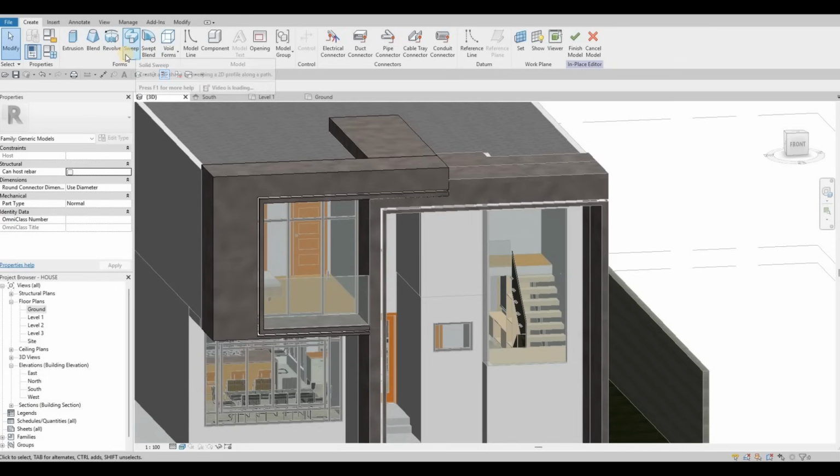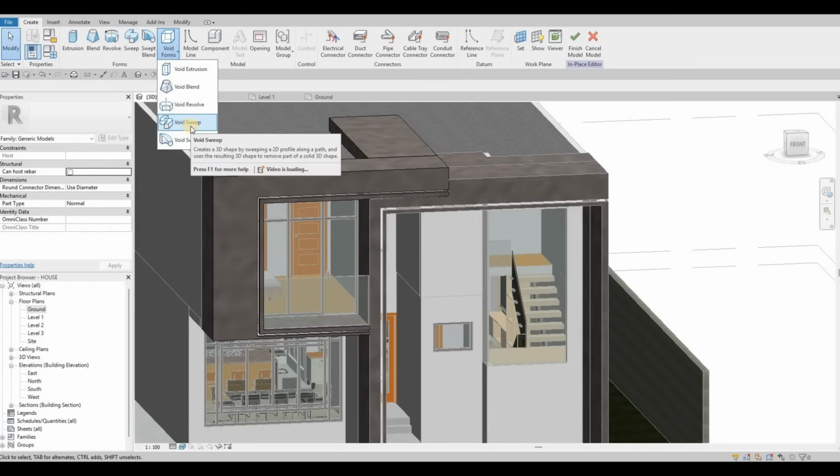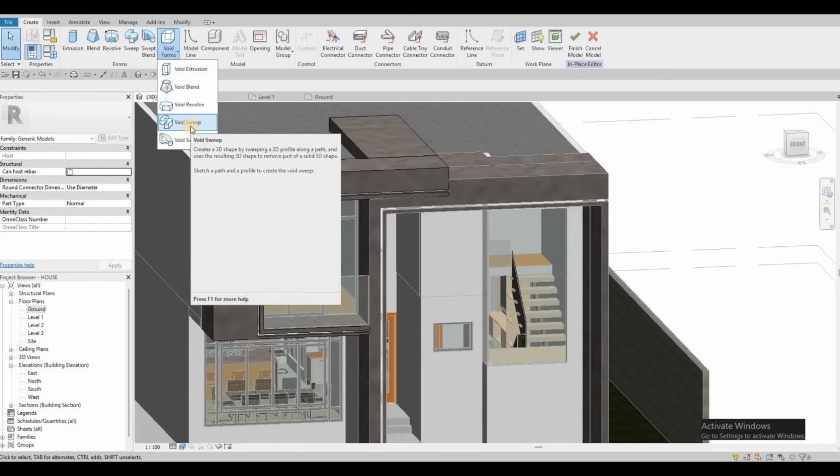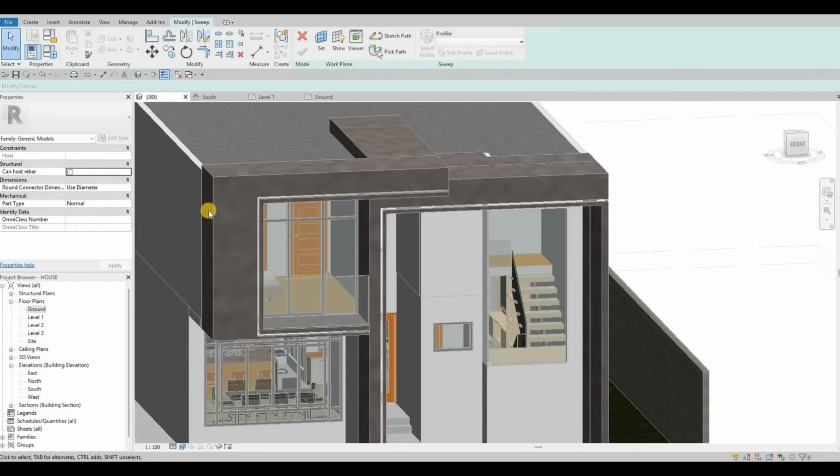So what we need to do is a sweep right here. Pick path. I'm gonna select this path right here,